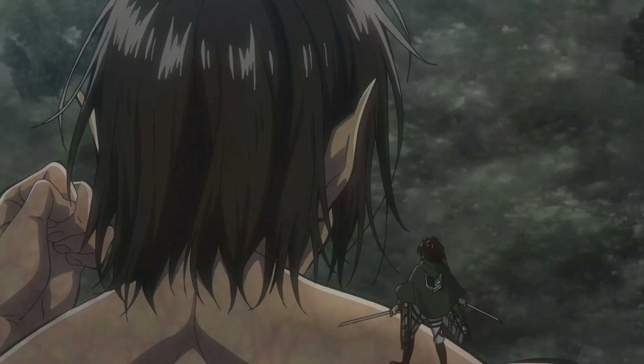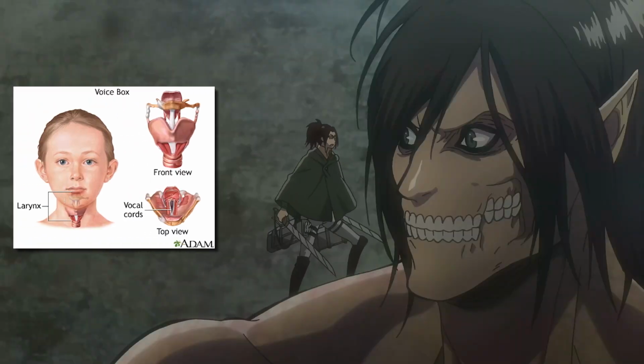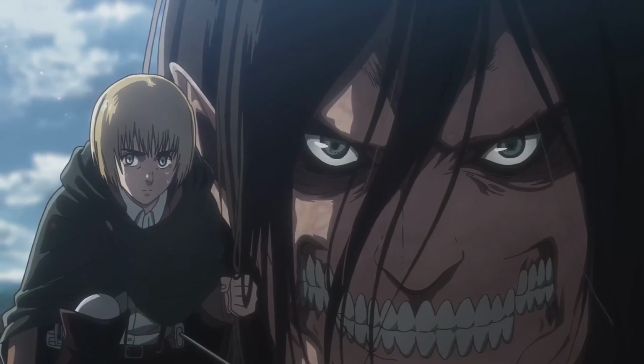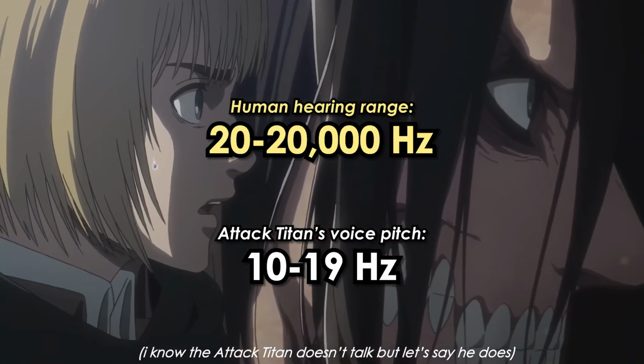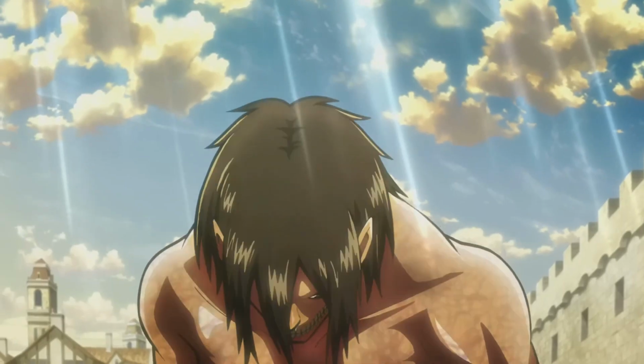Also, it would be difficult for them to communicate because their throat's resonant cavity is now much bigger and their pitch would go down by their scaling factor. The Attack Titan will talk at only 10 to 19 Hz, which is 1 Hz short of the human hearing range, so you wouldn't even be able to hear him at all. In the story though,